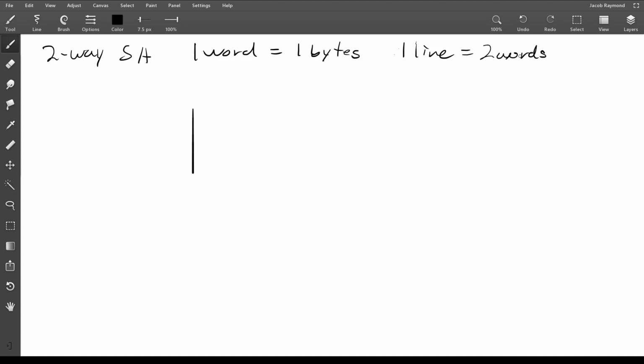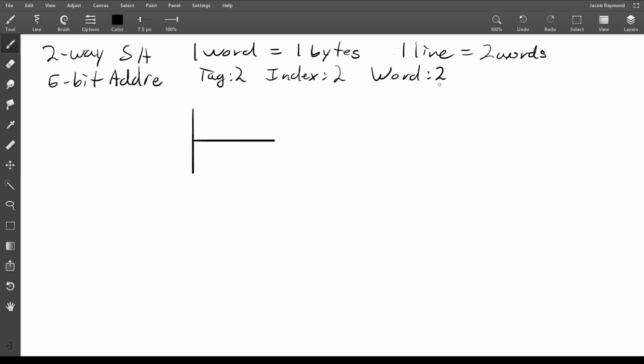And just to note, all of these things are defined values in a computer, and so these equalities might change based on which system you're looking at. With our two-way set associative cache, with again our 5-bit addresses, we'll go ahead and keep the tag at 2 bits, the index 2 bits, the word 1 bit, and the byte portion